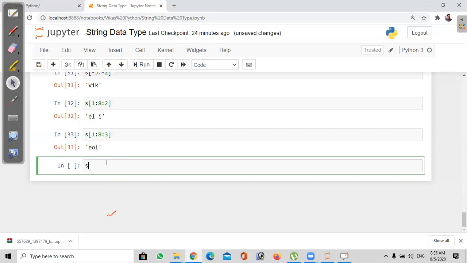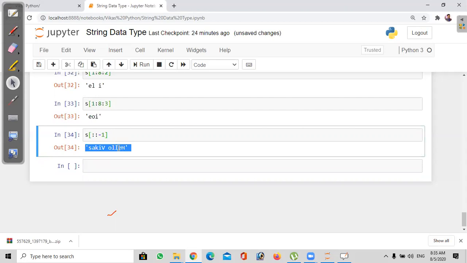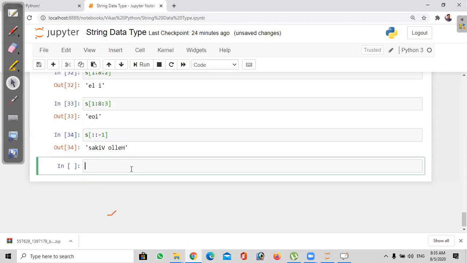The most important thing is, for example, if I give colon colon and take -1 as the step value, as you asked me to print the characters in reverse order, see here, the total string got reversed. When you keep the step value as -1, the string will be reversed. But also we have the inbuilt function to reverse strings. There are different slicing operations and indexing concepts available.